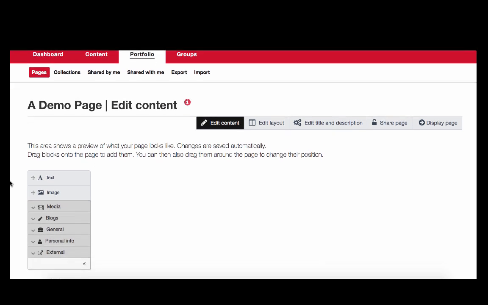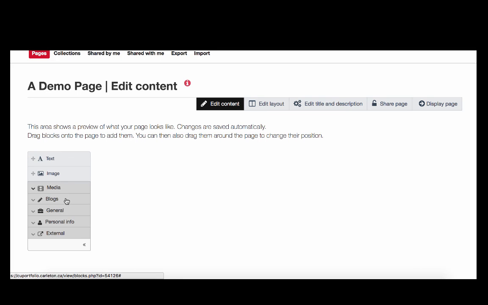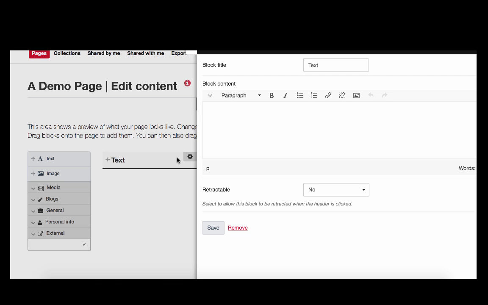Once we are in the editing view of this page, you can see that we have all these different types of content to add to the page. So first I'm going to choose a text box and click and drag it here to the first column. We now get a text configure box where we can add our title, add some content in here,